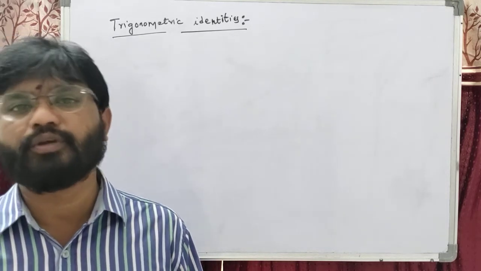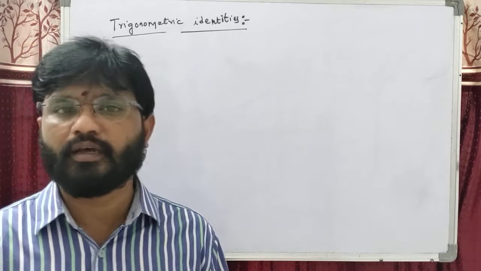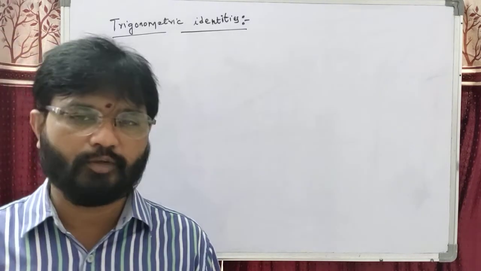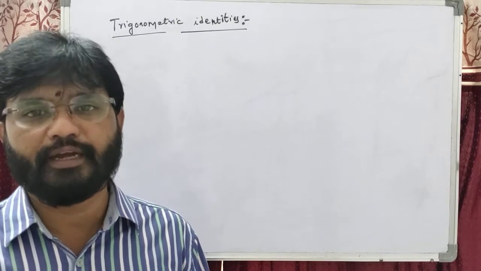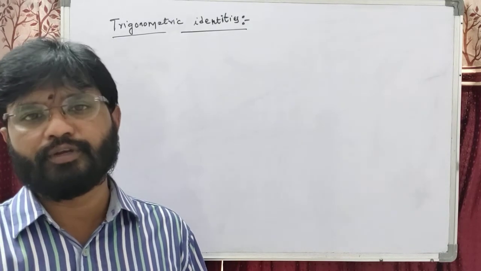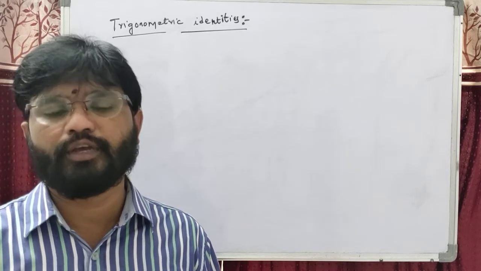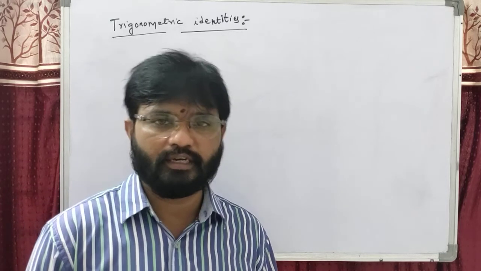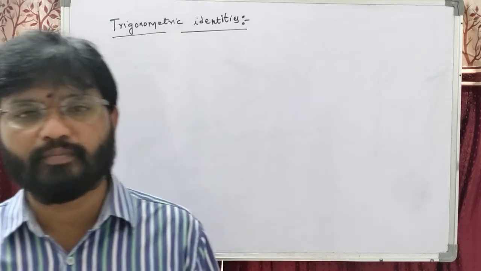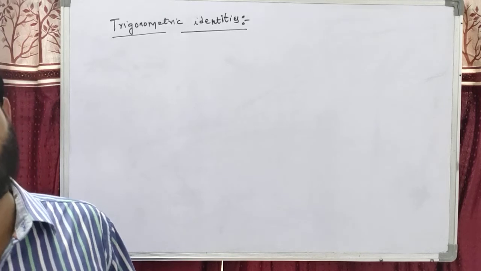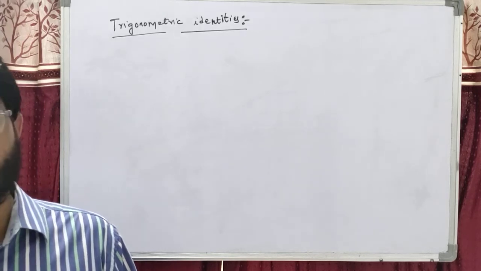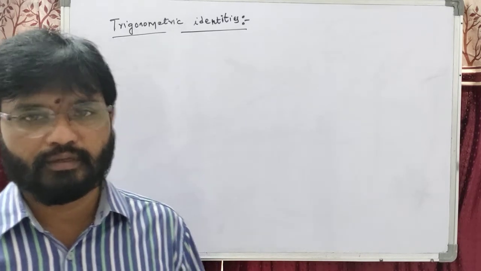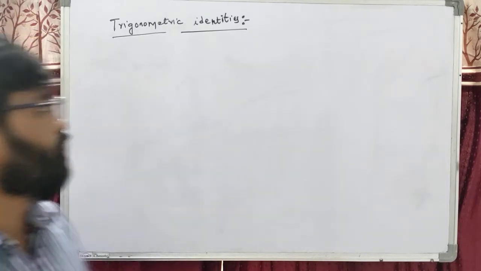After that, we discussed the signs of the trigonometric ratios. Then you can apply the "All Silver Teacups" rule. After that, we found the angles 90 plus theta, 90 minus theta, 180 plus theta, 180 minus theta, 270 plus and 270 minus, and 360 plus and 360 minus. Okay, students, and the values for 0, 30, 45, 60, 90. That was yesterday. Today, trigonometric identities.